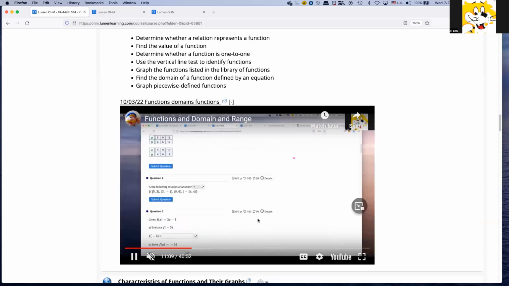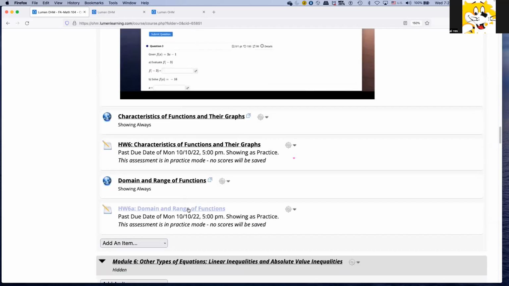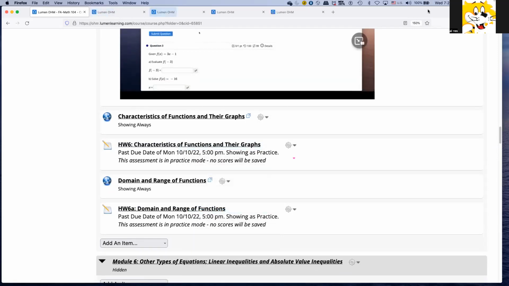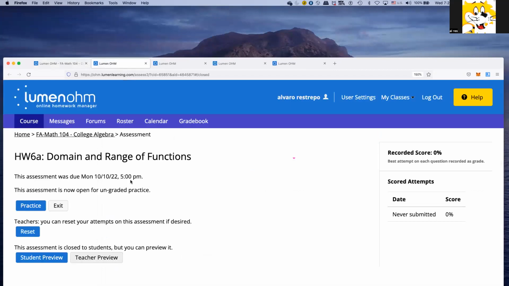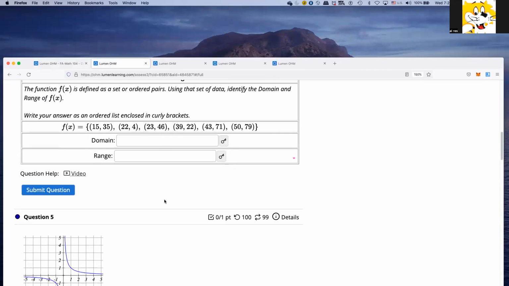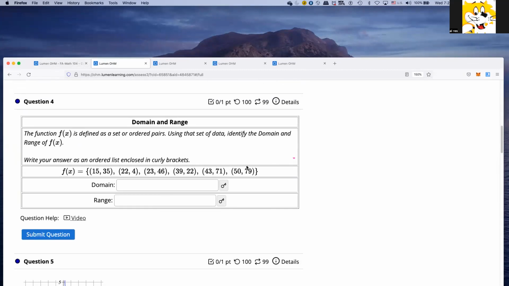Let's see. And then I believe this was homework 6 I went over. Yep, right here. All right, here, domain and range. And we went over these problems in the video. And I told you, if you're given a set like this and these points, what's the domain? And you all should say,